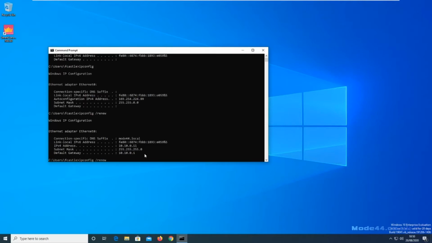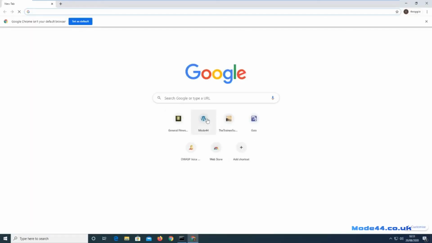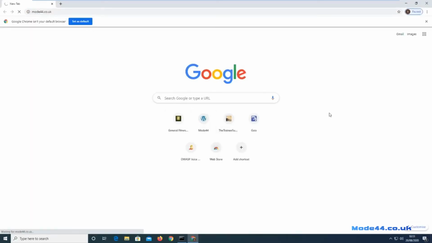If you do an ipconfig /all, we get the primary DNS, secondary DNS. It knows it's mode44.local, so all is well, and we can in fact just browse to our heart's content,